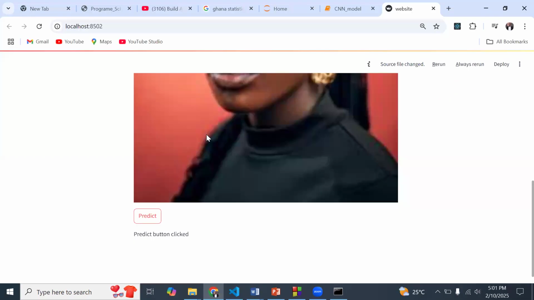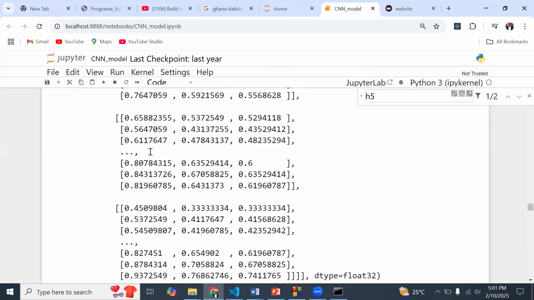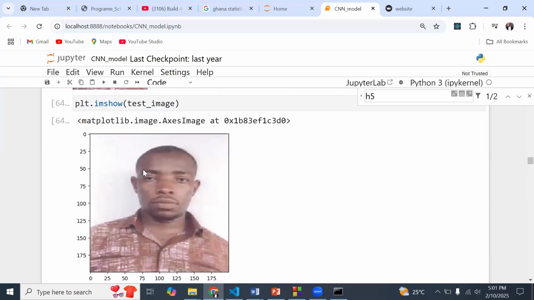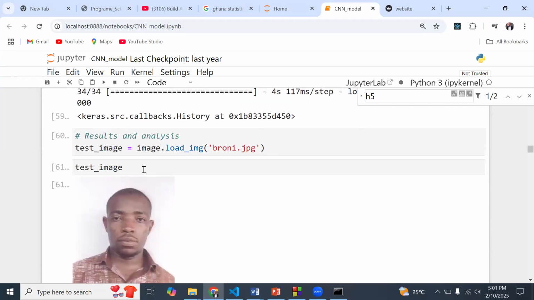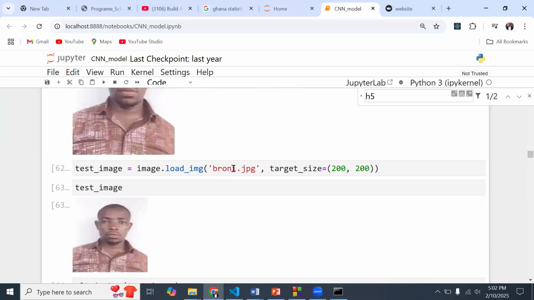Because if you recall, when we were testing even with the ones that we have over here, let's go back to, for instance, the first image I have, which is my image. When we loaded the image this way, we did a preview, and then remember we had to resize this to a target size.